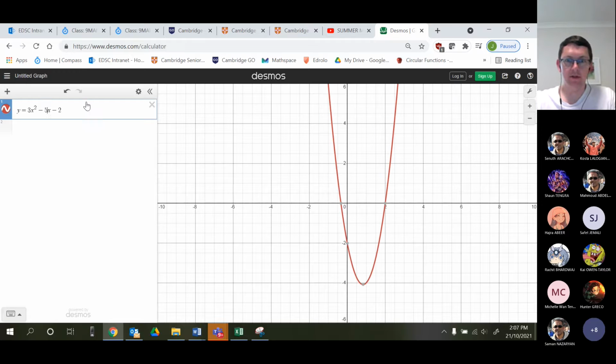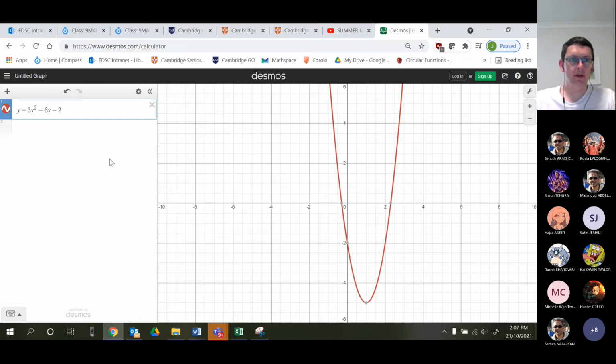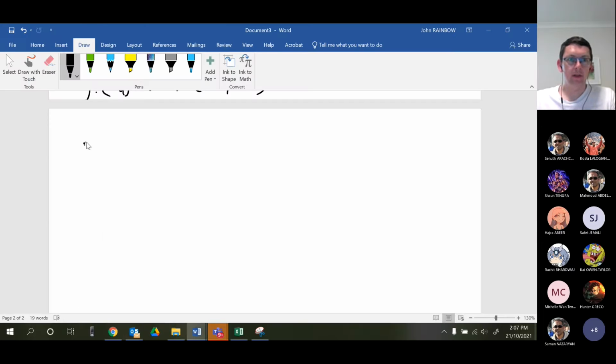Let's just change this to 6, is what I want, I think. Yep. So I might ask: graph y equals 3x squared minus 6x minus 2. Okay, I'm going to say first thing,